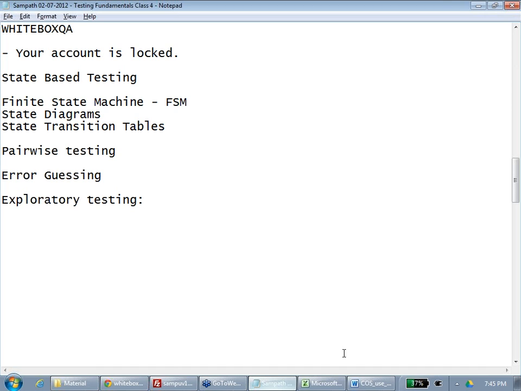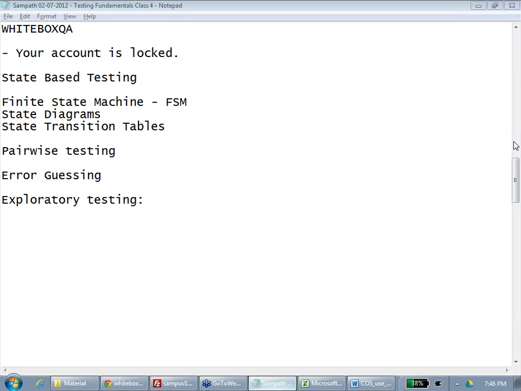So you are testing and exploring how it is. You don't know how it will behave. You will test it to know how it is behaving. Agree? So there is no clear-cut requirement saying that this is how it has to behave. So you do the testing to know how it is behaving. Agree? So that is called exploratory testing.